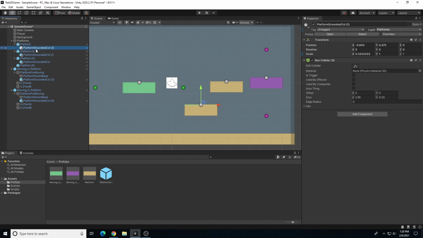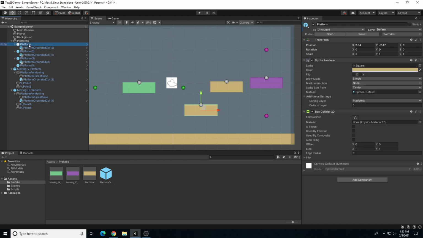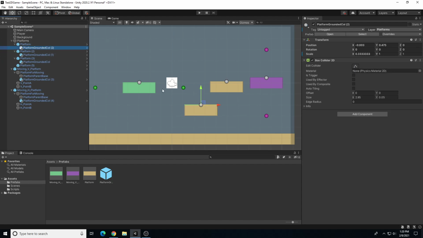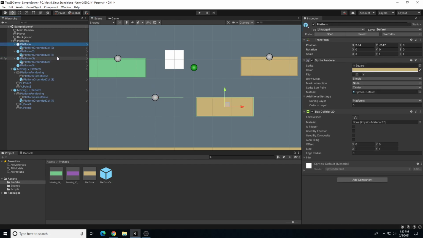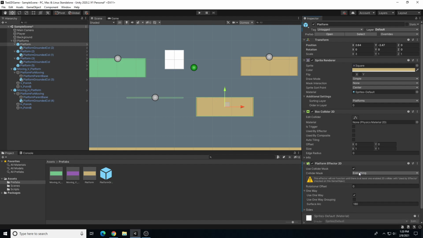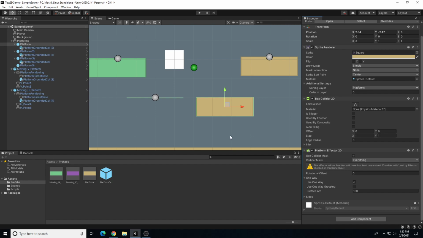And what I can do instead is, with the platform, I have to do this twice considering I have the secondary collider here. So let's just move this collider over for a second. What I want to do with the platform itself is I could potentially add a platform effector. And if I type in new component, platform effector, there's a platform effector 2D. And this effector 2D gives me the opportunity to say use one way. Okay, and if use one way is on,